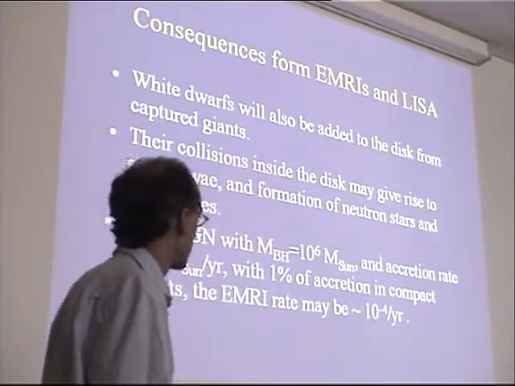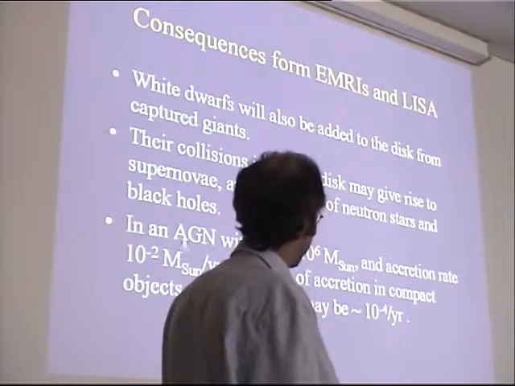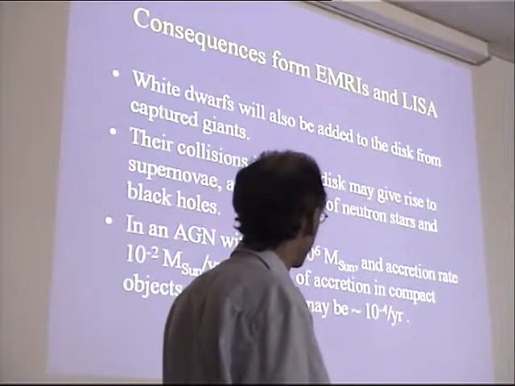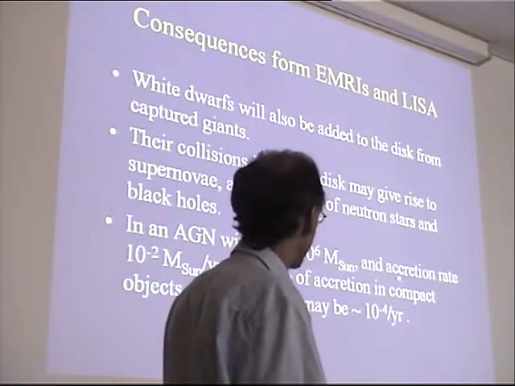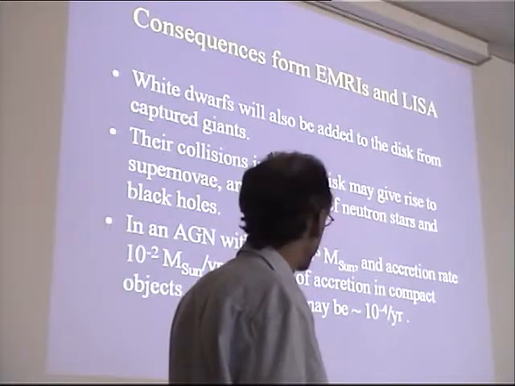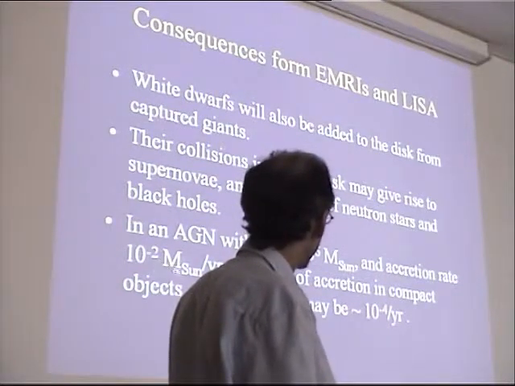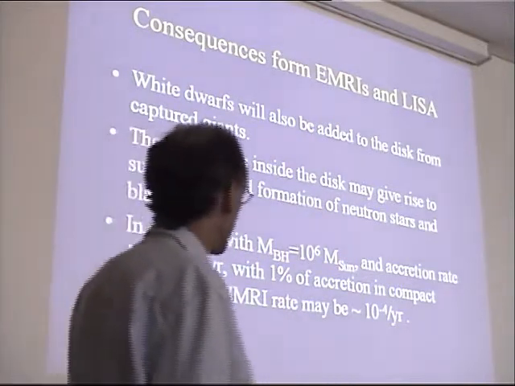But nevertheless, you might see some fraction of it. If we just consider AGNs with black hole mass of 10^6 solar masses, and an accretion rate that's close to essentially the Eddington accretion rate, 10^-2 solar masses per year for this black hole mass, this would be an AGN with a luminosity close to Eddington luminosity.